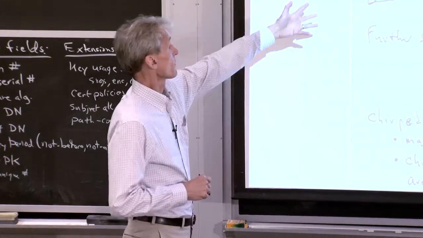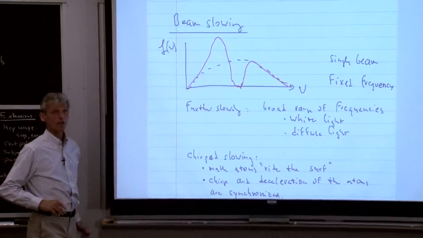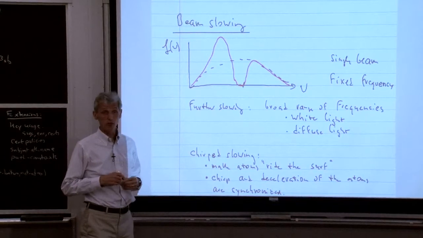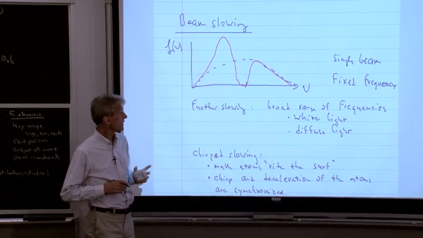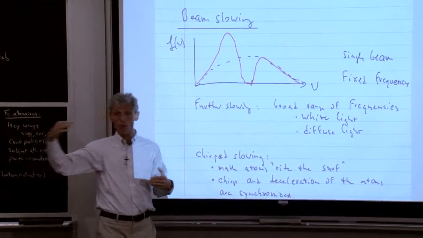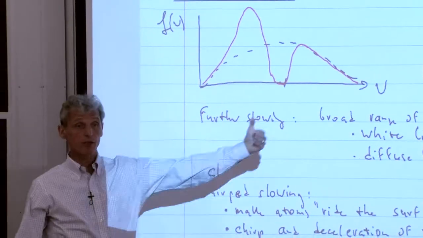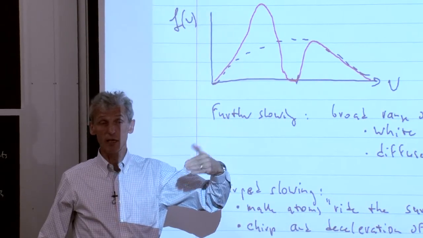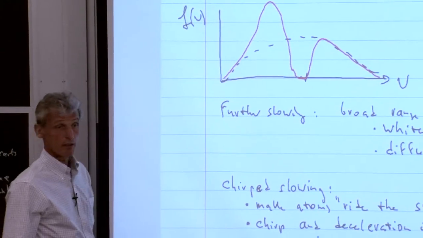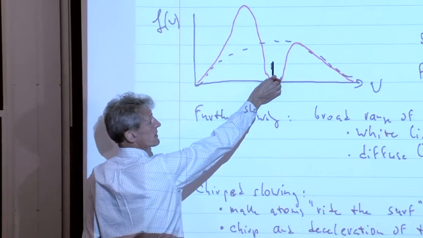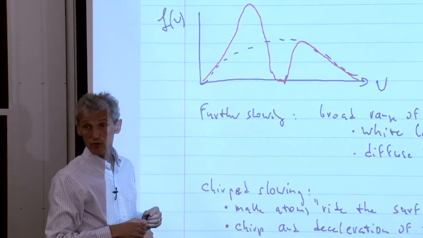So this curve here could be the result of the very early beginnings of laser cooling in the late 70s, early 80s. This is when people had an atomic beam with a Boltzmann distribution, and they had one laser beam counter-propagating. But the laser beam had a fixed frequency. And what is this laser beam doing? Well, it resonantly interacts with the atoms which just have the correct Doppler shift to be in resonance.